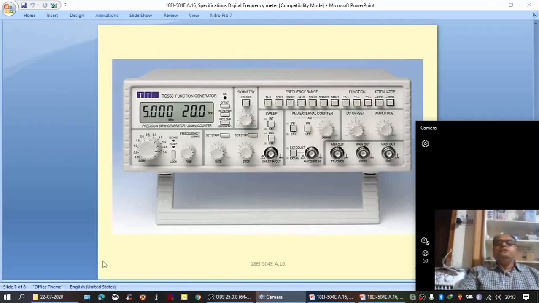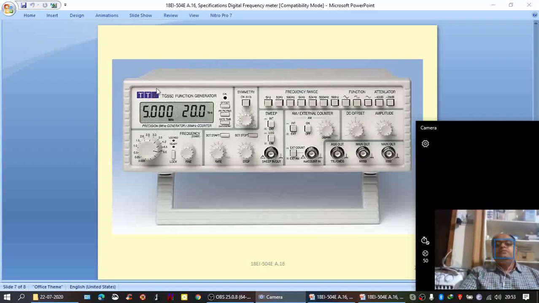Then here this is actually a time-based generator, a function generator, providing various functions such as sinusoidal signal, rectangular, triangular, and all these. And this portion is the display. You can see here now, consisting of LCDs. And as you can see, it is having 7 digits. And display is given only by this portion.